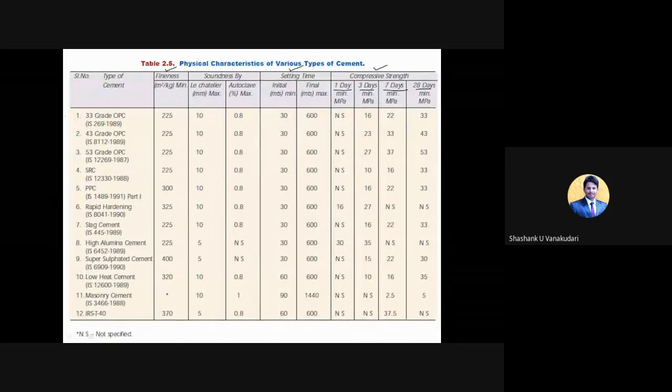So that will vary with various different types of cement. Yes, different types of cements have been given as per their different physical properties, and you may get that at the end. Clear? And then the soundness test.